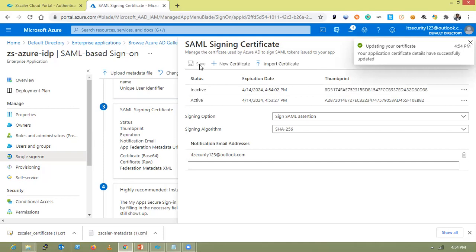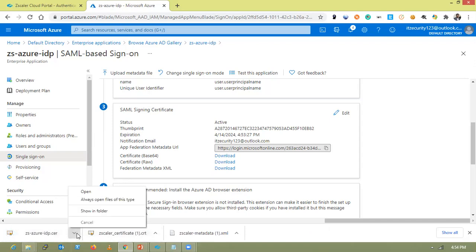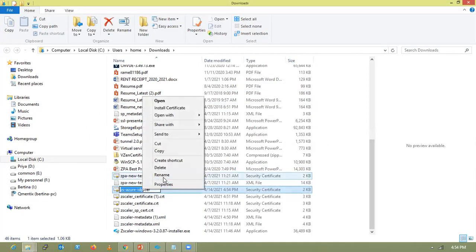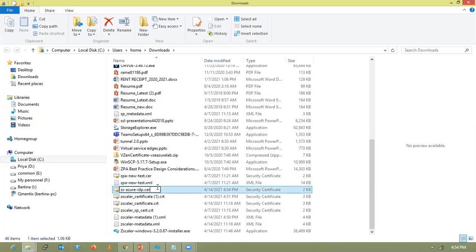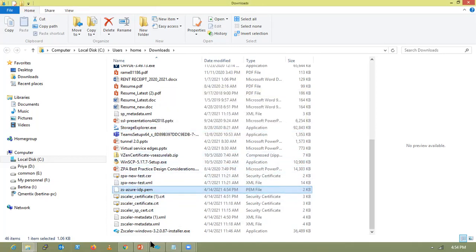So the new certificate will be created. You can close this and download the new certificate. Certificate format will be .cer file extension. You need to change the .cer into PEM format. You can change this to PEM and click yes.